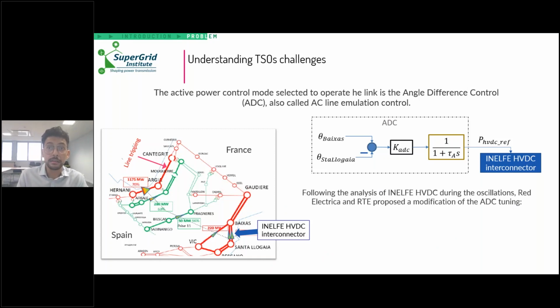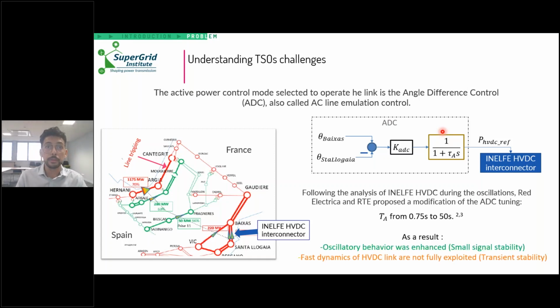Following the analysis and some studies of the behavior of the INELFE HVDC link during the event of 2016, both TSOs, Red Eléctrica and RTE, proposed a modification on the tuning of this controller. And actually what they did is that they slowed down this filter, and they changed the time constant from 0.75 to 50 seconds. And as a result, we have an oscillatory behavior of the whole system that was